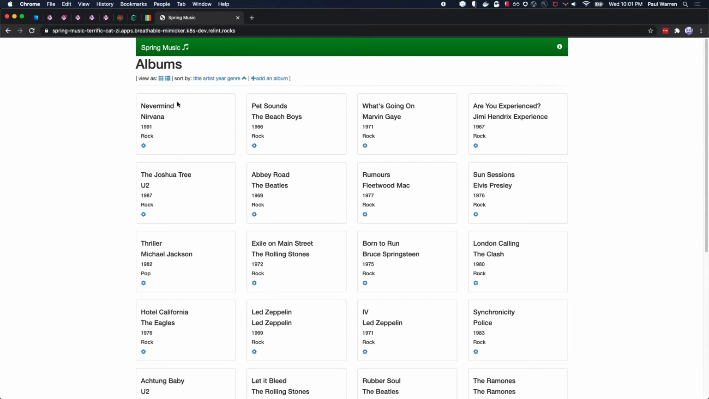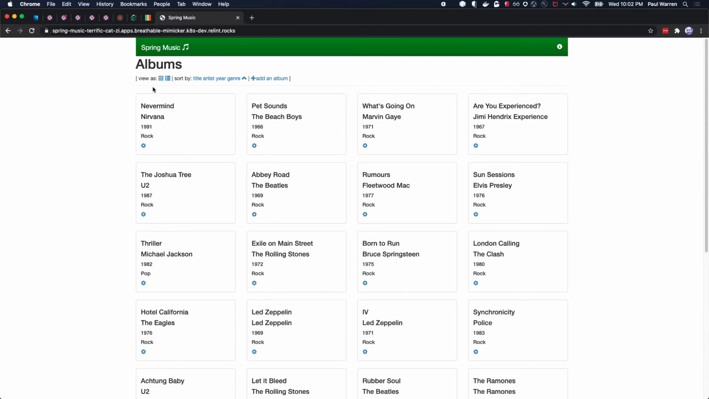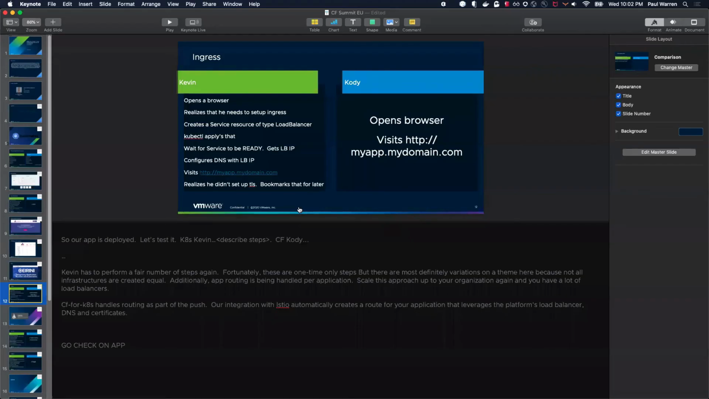And as I mentioned earlier, we reuse DNS and certificates. So if we have a look at the certificate here, you can see we've made a deployment here with real certificates, and this is a real valid certificate here when we try and access the app. So cool. All looks good. We get Ingress for free. So let's return to the presentation